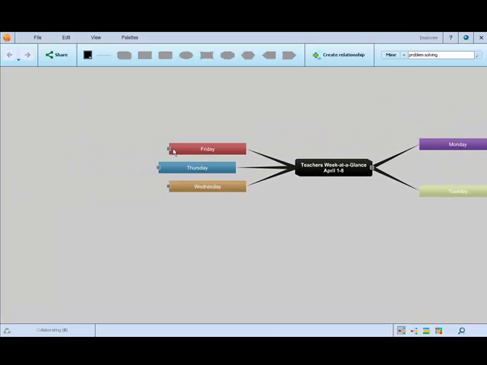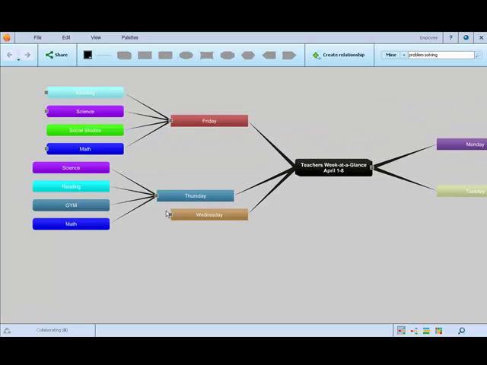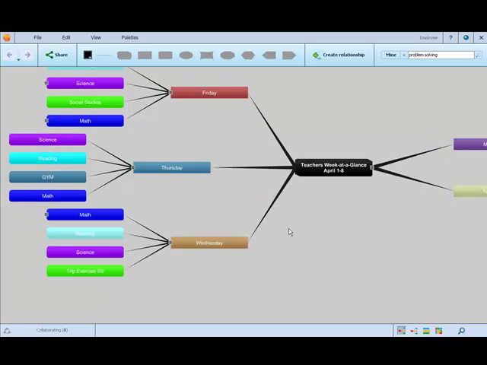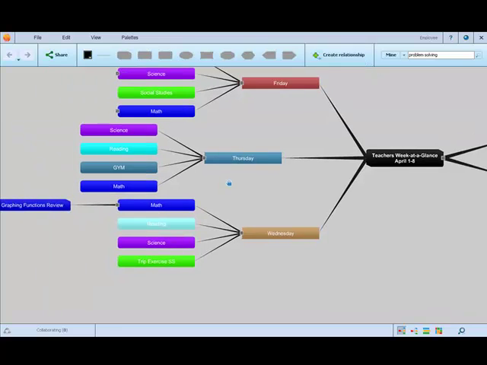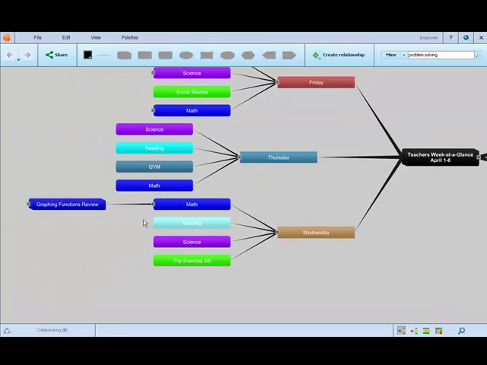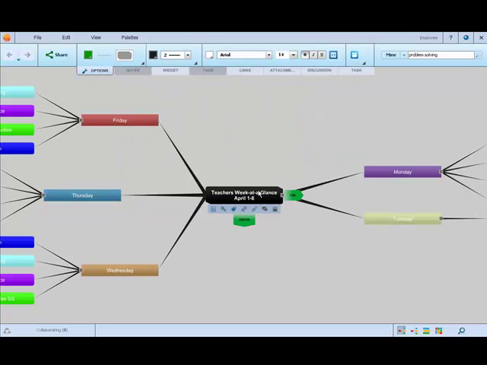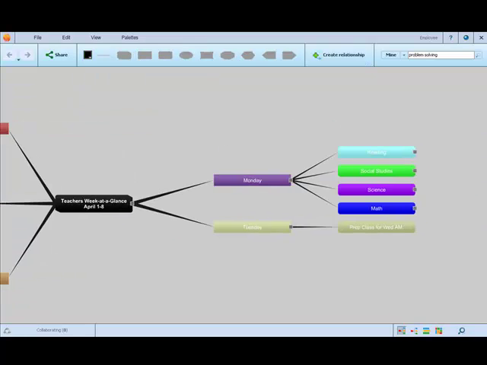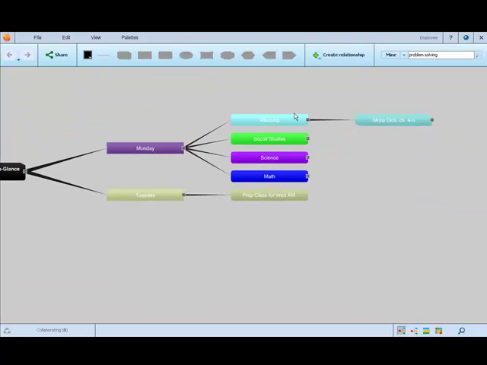Let's take a look at this side. The different subjects are color coded, special events or exercises. We've got some detail on the lessons in there. And so I can have a template and have the color-coded subjects for each day, and then when I create a new template I can go back in here and I can redate it, and then I can start to add the lessons for that week